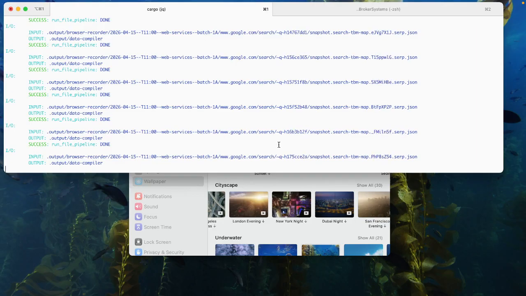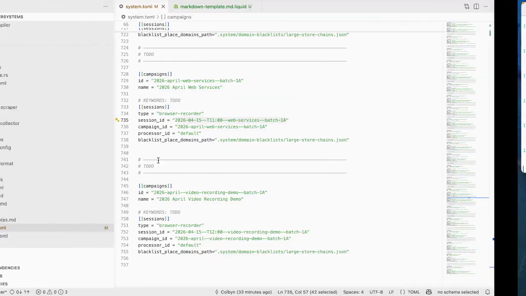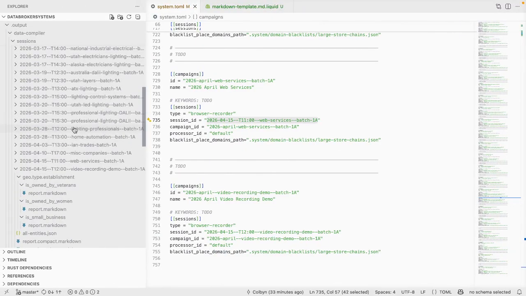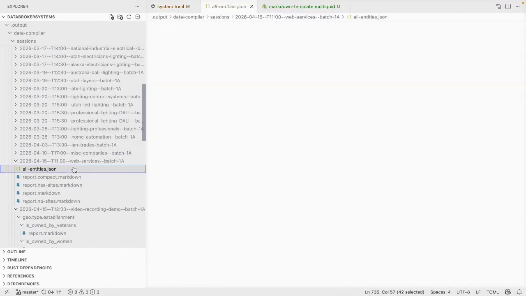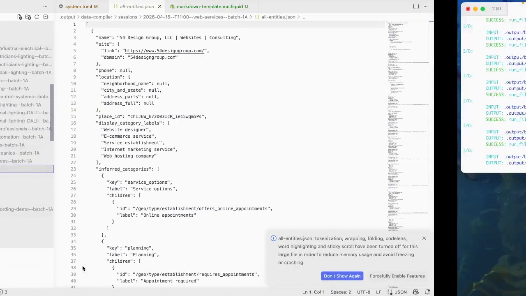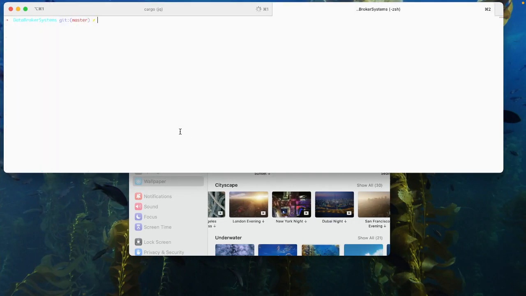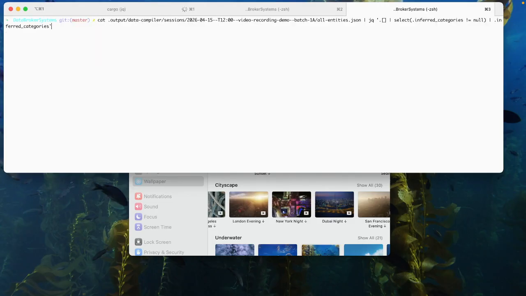So I'm just going to maybe get a little more diversity in that regard. Actually, looking at copy relative path. Let's go to developer systems, data compiler. Okay. From here,